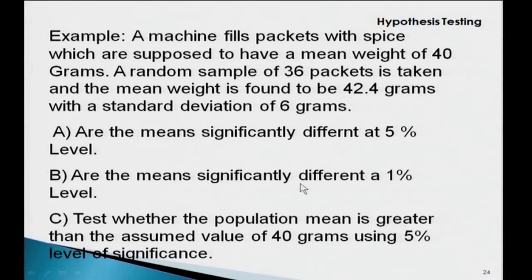and has a question, are the means significantly different at 1% level. So, when your interval is reaching 1%, you need to verify whether these are significantly different or not. You need to solve this yourself. You will notice at 5% when you calculate zcal with the same formula, they are found to be significantly different, but at 1% when you widen the critical value, they are not significantly different, right.